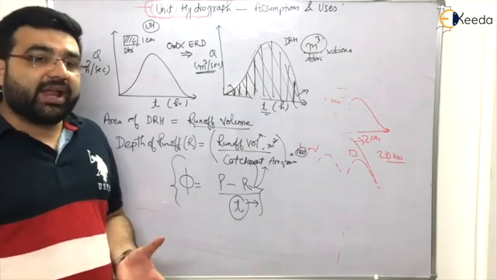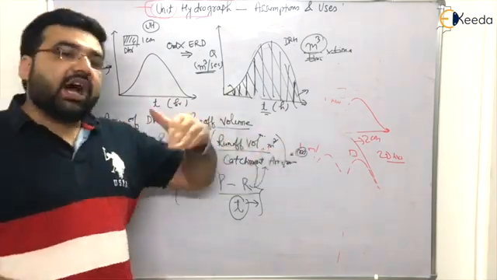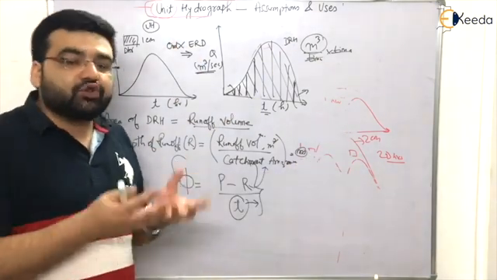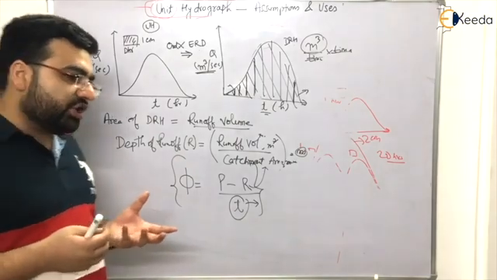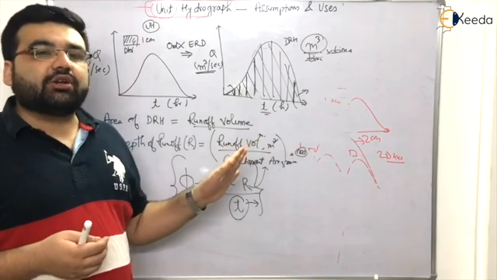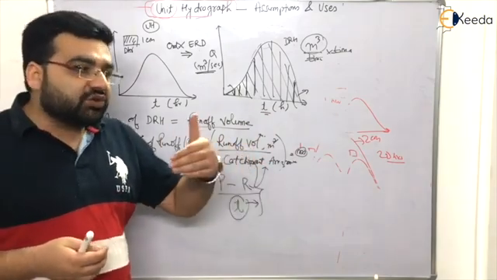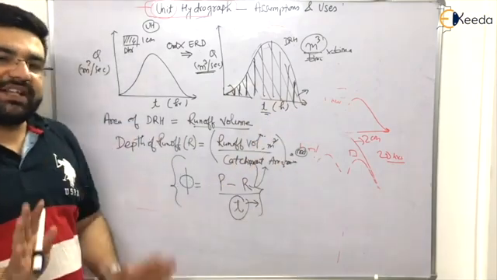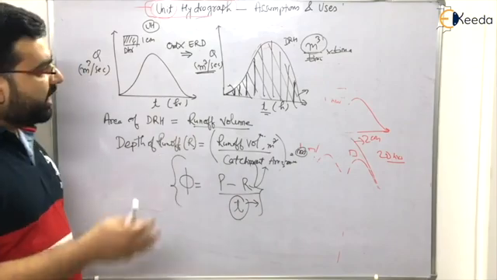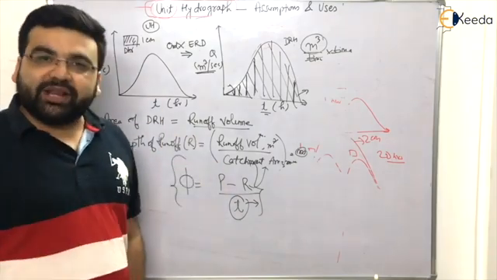Let us solve one numerical on the hydrographs, the unit hydrographs, and further strengthen our concepts. After that, I will be teaching you about the method of superposition. The method of superposition is also of two types. If it is a multiple of an integer, then we have a different method of superposition. If it is in fractions, we use the S-curve technique. I'll be explaining the difference in detail. No need to worry about that. But first of all, let us solve a few numericals on whatever we have studied till now.